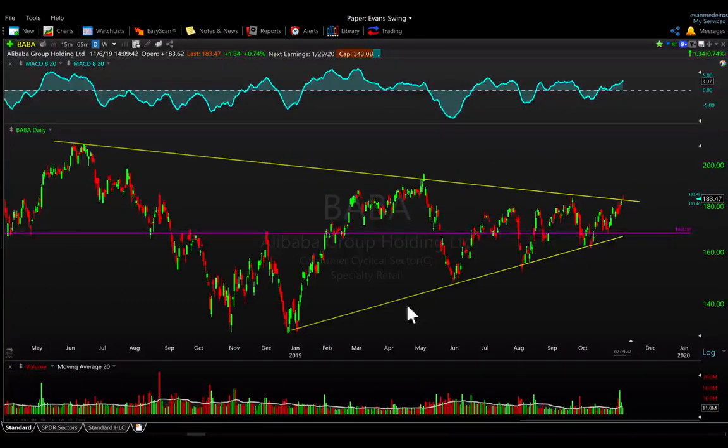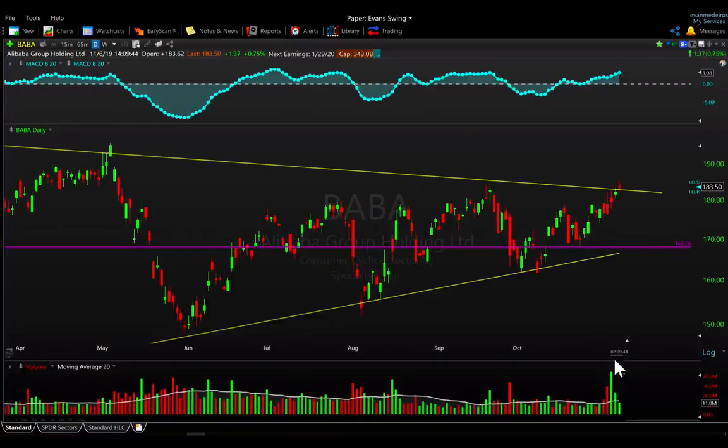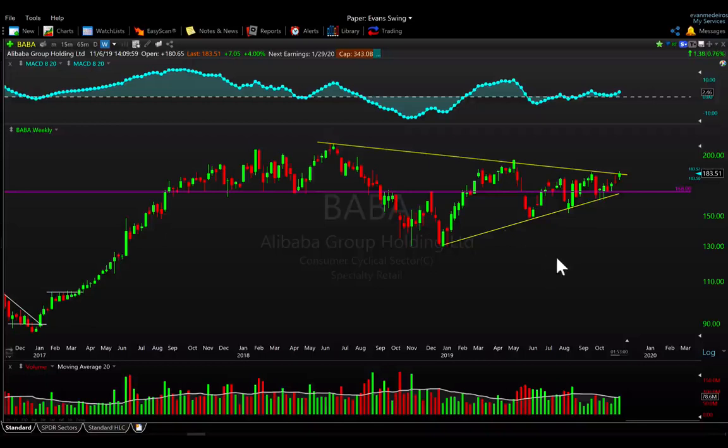It's getting tight in here, but you can see now the volume that's coming in, earnings are out of the way. It's starting to attempt to tackle these highs and this resistance and this downtrend line that has been in place. So BABA, again, depending on how tight you want to look for a potential move to the upside here,